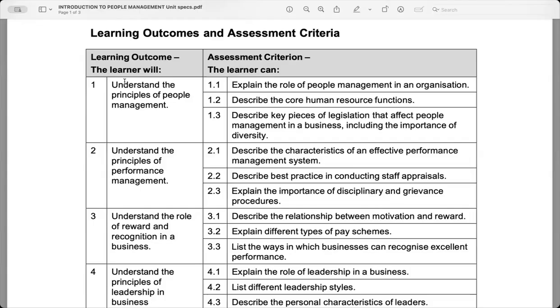Then our next lecture, or third lecture, which was understand the role of reward and recognition in business. We studied legislation that affects people management in the workplace. We explored various laws, including the Equality Act 2010, which protects employees from discrimination based on characteristics such as gender, race, and disability. We examined the Health and Safety at Work Act 1974, which ensures workplace safety, and